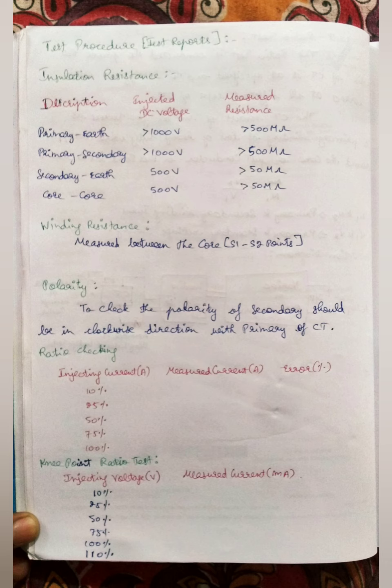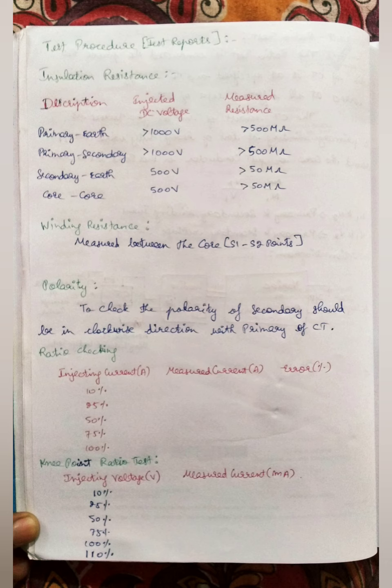Next, we will go through some examples of CT nameplates, how to verify or how to read the CT nameplates. If we are able to read the CT nameplates, then automatically the next thing is we need to do the testing for this CT, and the third part is commissioning of your CT. Commissioning means the relay connections, how they should be made, and how the star pointing should be done.